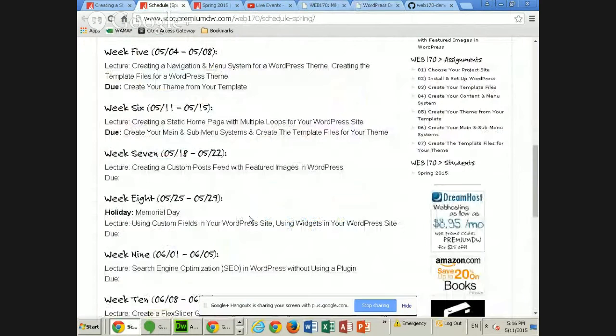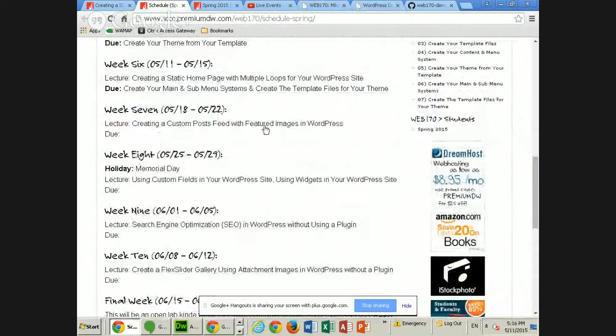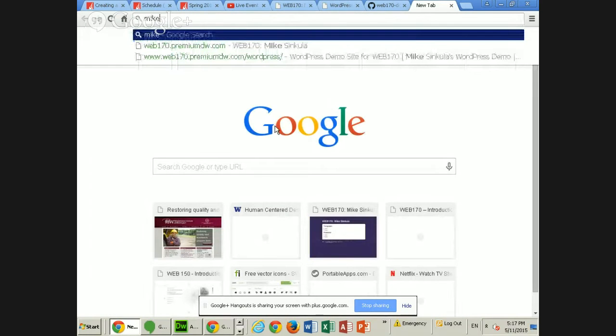Then if we go back to the schedule, creating a custom post feed with featured images. So I want to cover using featured images, how to pull thumbnails, how to pull the large size featured image, right? Instead of pulling it by the content function within our loop, well, how do you use, again, if we go to my,